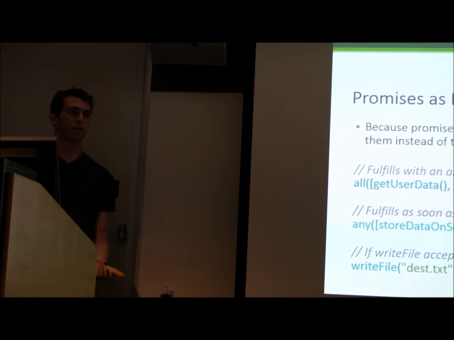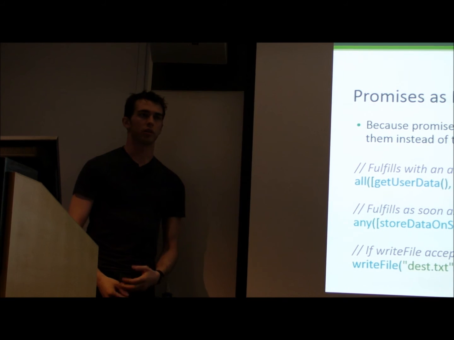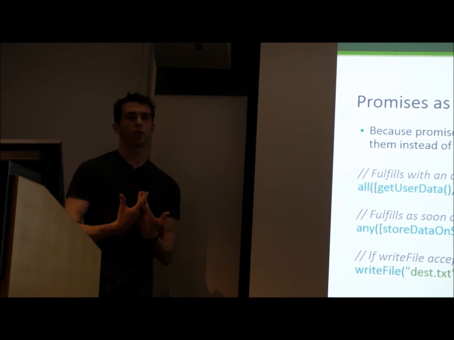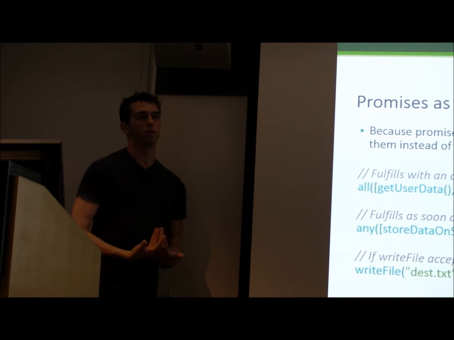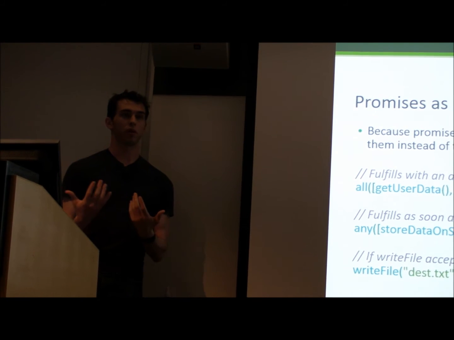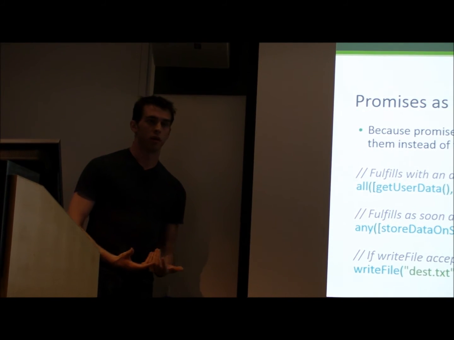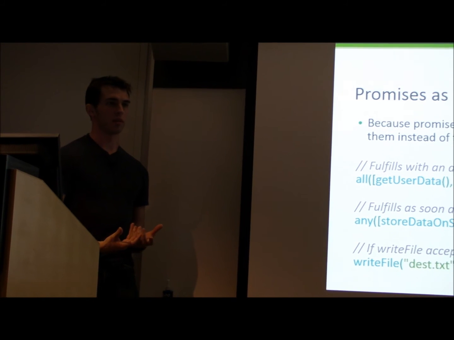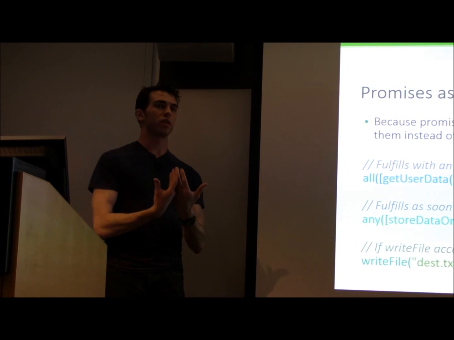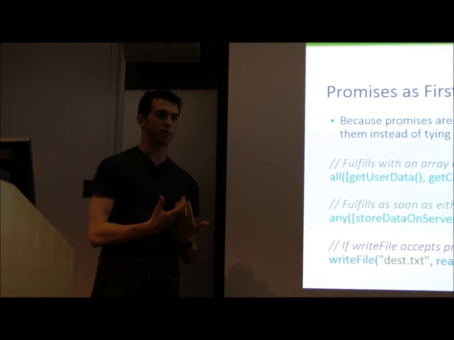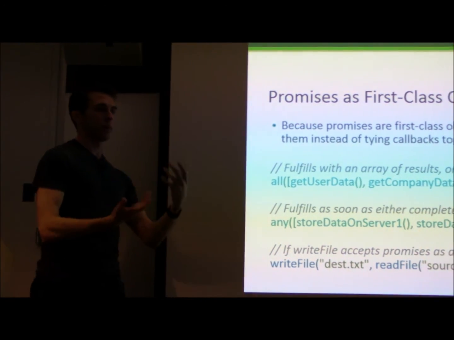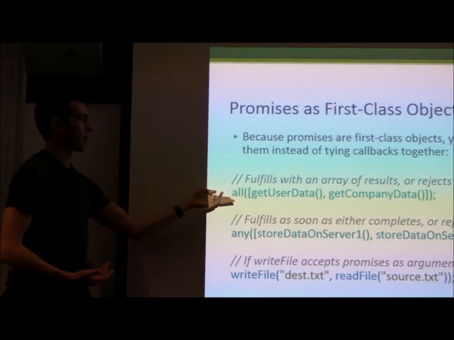But the next cool thing is that because these things are first-class objects, you get something even more powerful than what you have with synchronous computation. Because you now have something representing the process of the computation, right? That's not really necessary in synchronous code because the process of the computation just happens and then you get back the result. But here you have these objects representing the process. And what's cool about this is you can write functions that combine them, treat these operations as first-class objects themselves, and give you new things. So this all function, I'm not going to write these out, but you can imagine how you might write them.